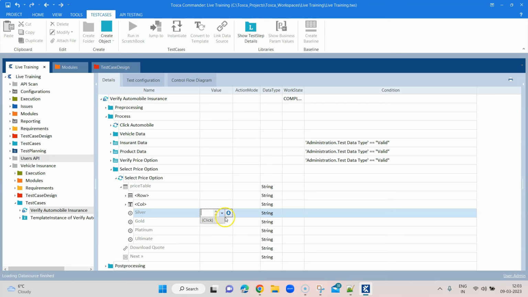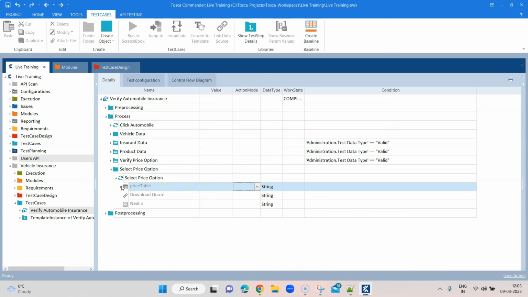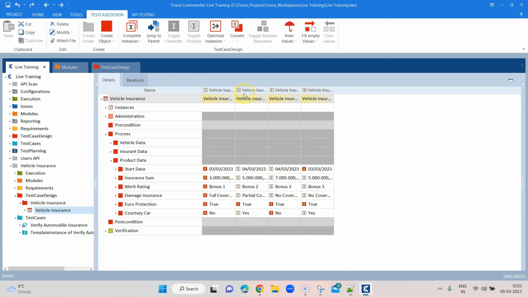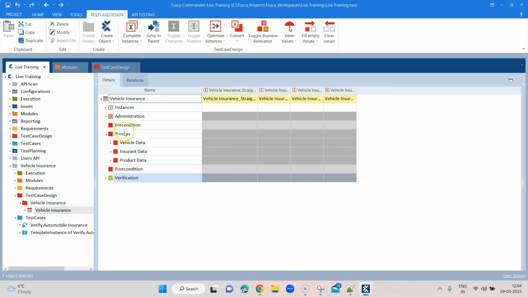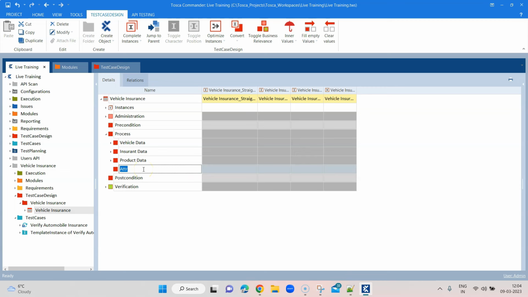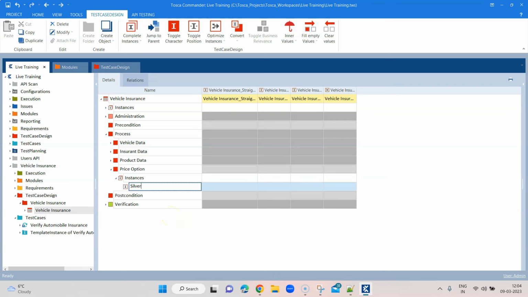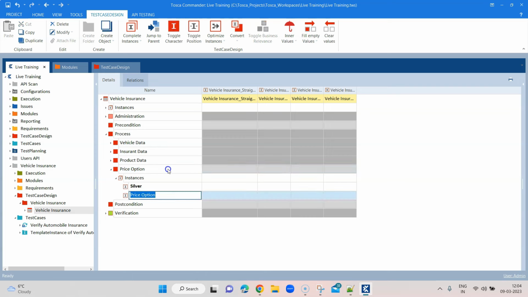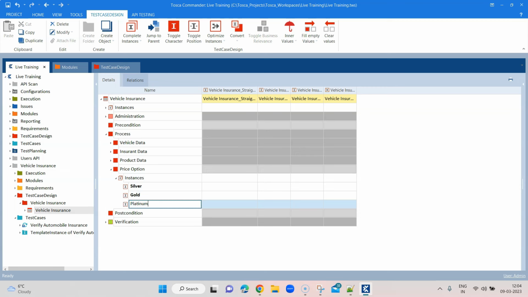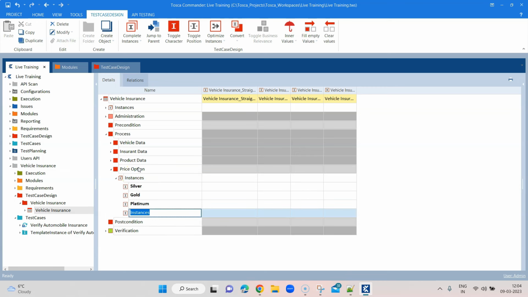Okay. Now, as I said, which value we are going to select, that completely depends on what is our data point, right? So we need to have some data point here which will tell us what we are going to select, right? Okay, so here in the process, I'm going to add another attribute, and I'm going to name it price option. This will give me all the different price options, and I'm going to create some instances here like silver and gold, then platinum and ultimate. Okay, so these are the four instances,